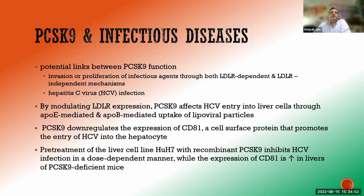A potential link between PCSK9 function and infectious diseases is under investigation, specifically hepatitis C virus. By modulating LDL receptor expression, PCSK9 affects hepatitis C entry into liver cells through ApoE-mediated and ApoB-mediated uptake of lipoviral particles. PCSK9 down-regulates the expression of CD81, which is a cell surface protein that promotes the entry of hepatitis C into the hepatocytes. So pre-treatment of liver cells with recombinant PCSK9